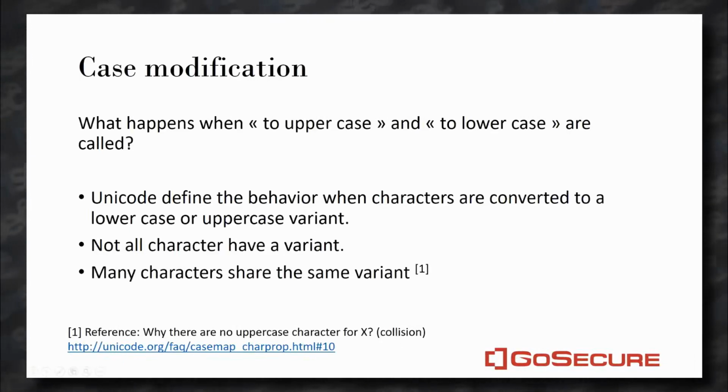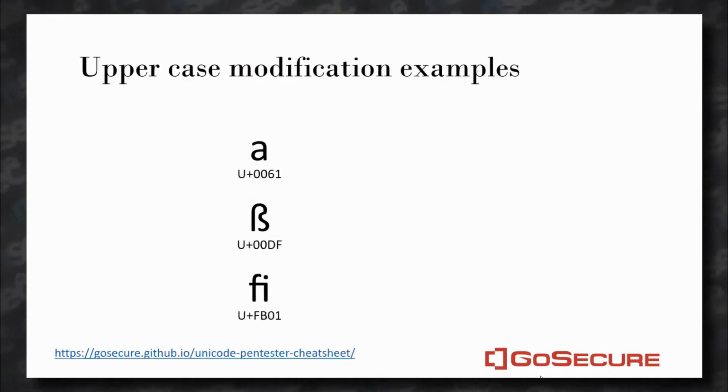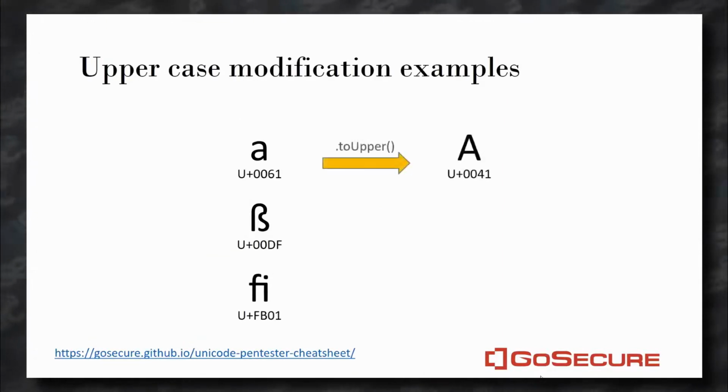Also, not all characters will have variants. If you apply uppercase to some special characters, sometimes they will not have any variation. But many characters will redirect to the same character. For example, we're going to see an example in a moment, but the Kelvin symbol, for the temperature: if you apply the lowercase transformation, it will become lowercase k, like the ASCII Latin character. If we apply the uppercase transformation to lowercase a, it's pretty obvious, no surprise, it becomes capital A.